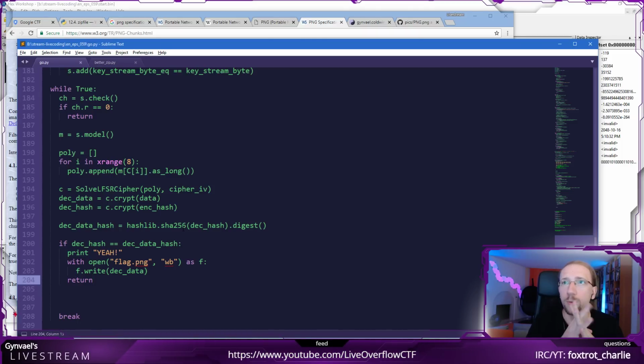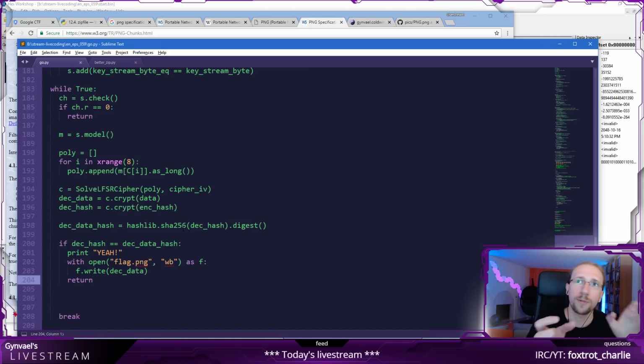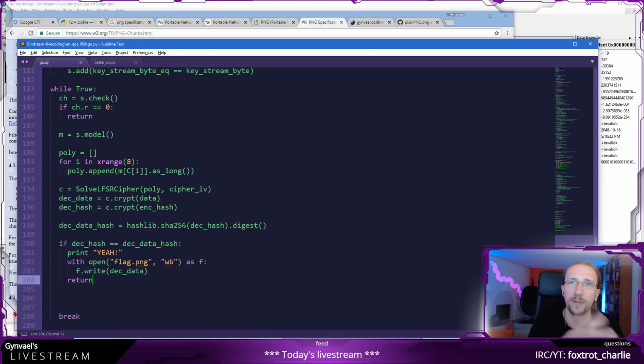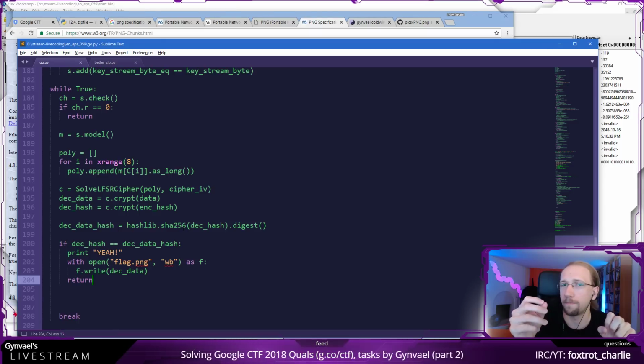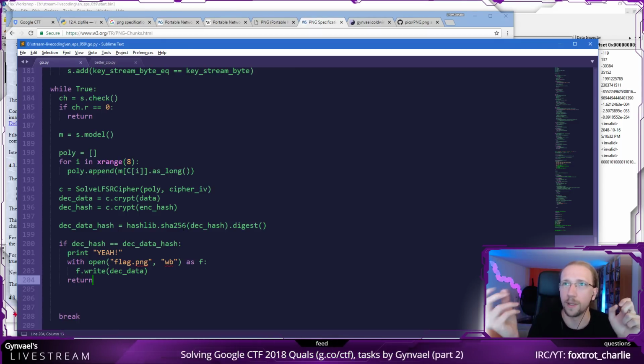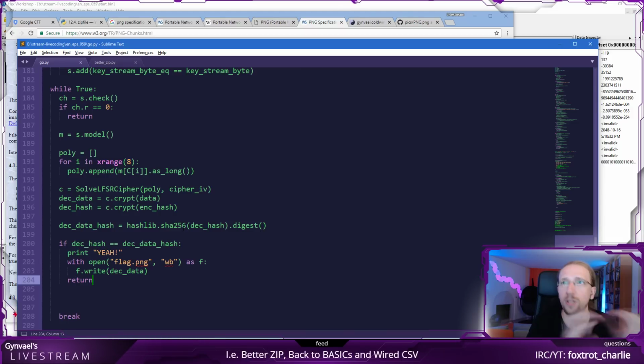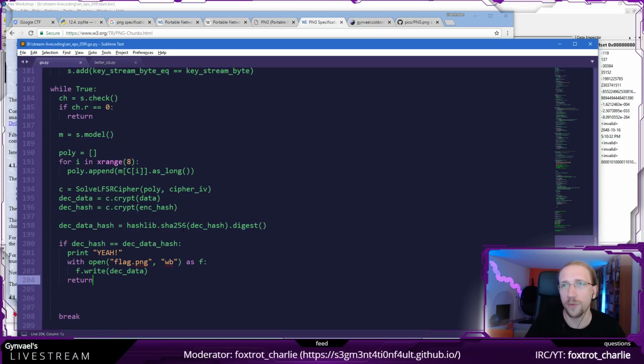By the way, there is more than one solution, like more than one key will decrypt the data. This is because some polynomials for some initialization vector in these linear feedback shift registers actually generate the same key stream. That's how it works. If you get into the math which is behind it, that's kind of obvious.